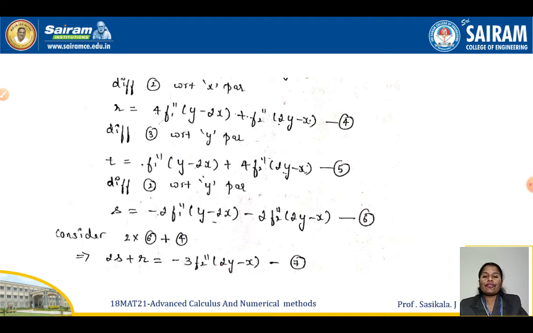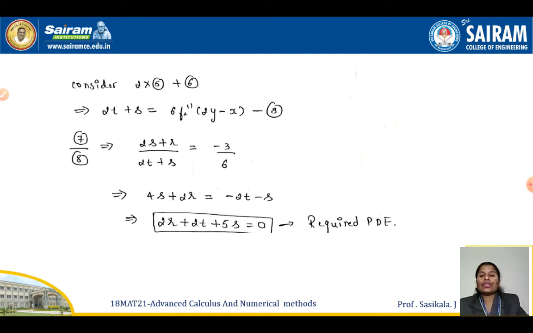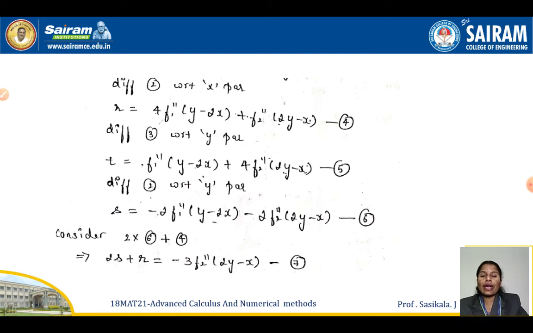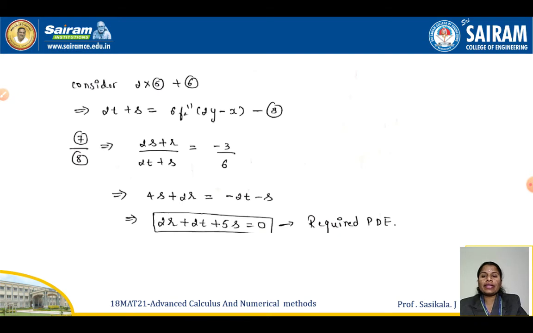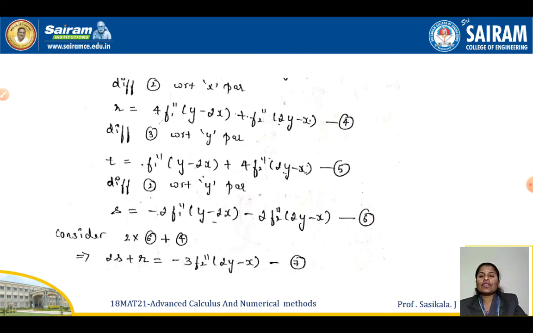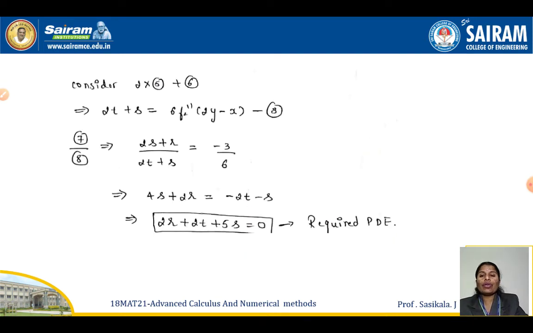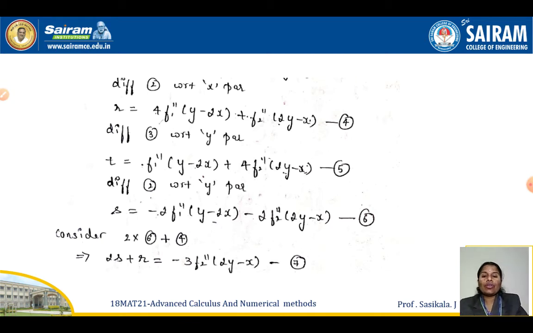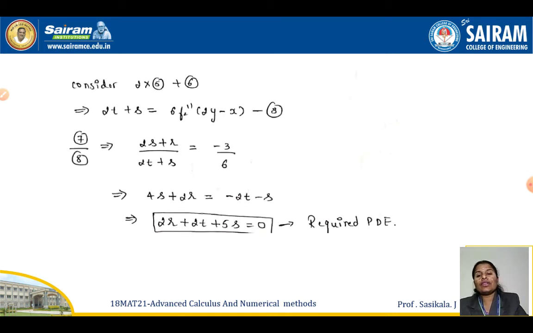So again we are going to make it f2 double dash. For that reason, again take equation number 2 and multiply by 2 with equation number 5. So 2 you can multiply here, and you get the combination plus the 6th equation: 2 into equation number 5 plus the 6th equation. You'll get 6 into f2 double dash of 2y minus x. Here it is a 2, and 2 minus 2 gets cancelled. Here 8 minus 2 will get 6. So 6 into f2 double dash of 2y minus x.